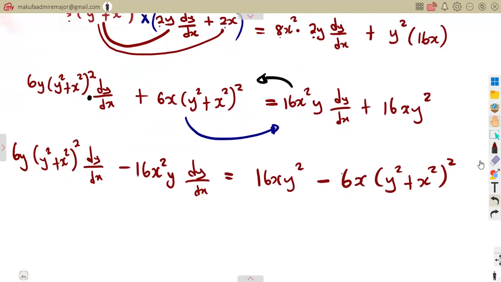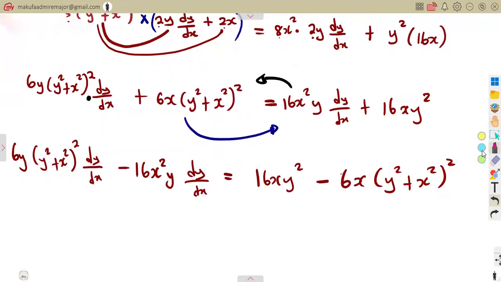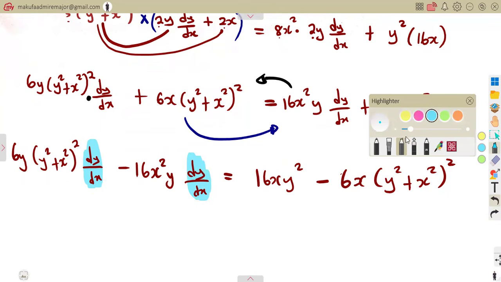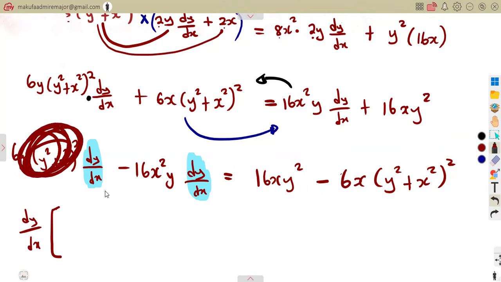So guys, as we can see, there is a dy dx and a dy dx, and the major part is that we do need this dy dx. So what we are going to simply do is to factor it out. By factoring out this dy dx, what are we remaining with? The bracket is the major part that we are going to focus on. So the moment we factor this one out, we are remaining with this part as it is,